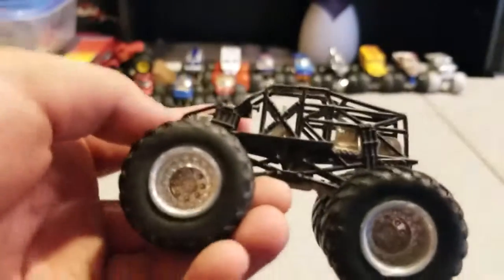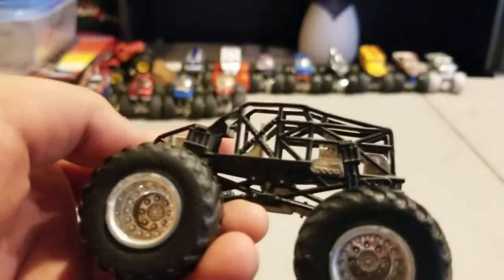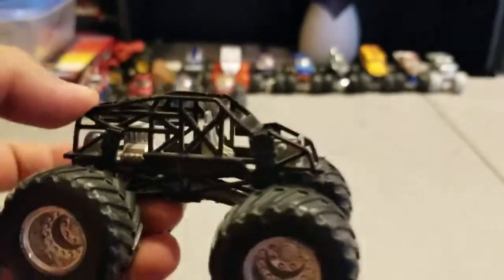Next up, we have a skinless monster truck. A skinless monster truck. I don't have the skin for this. Well, I had it before, but